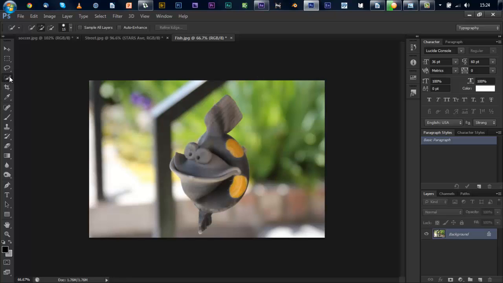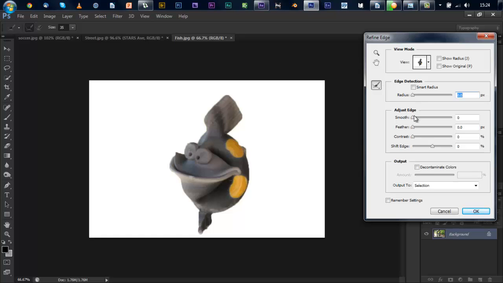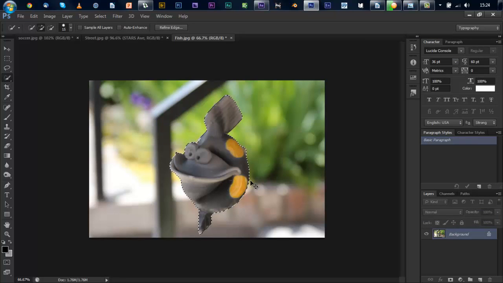And then we'll go ahead and use our actual selection tool here. And we'll select just the fish. And I want to make sure I get everything with him, including the tail right there. That's looking pretty good. We'll go ahead and refine edge. Make sure this is nice and clean. We'll just smooth the edge a little bit. Hit OK. Control J it. Turn off that layer. Go back to our original, and now we've got to remove the fish